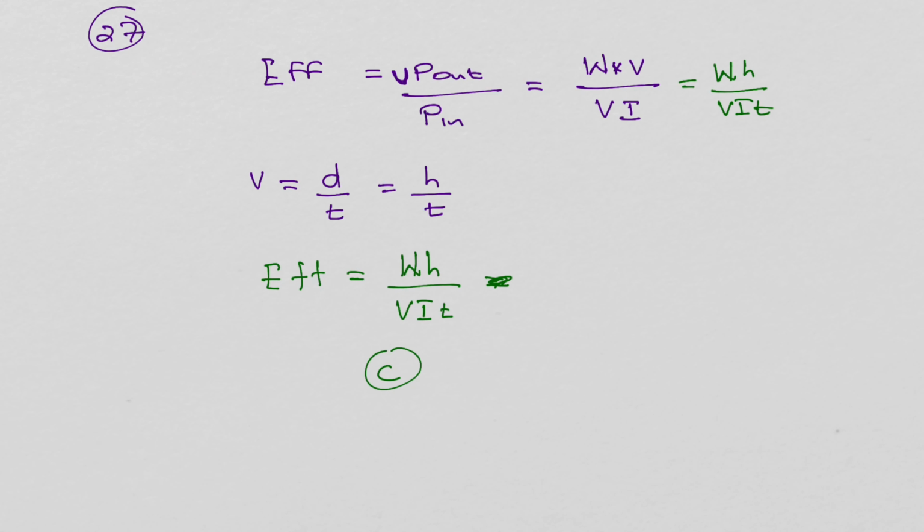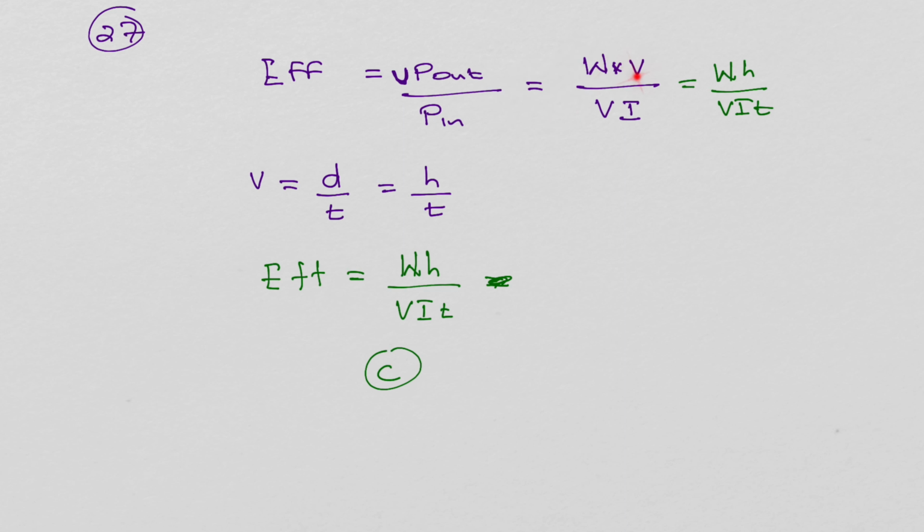27. An electric motor lifts a load of weight W through a vertical height H in time T. The potential difference across the motor is V, and the current through it is I. What is the efficiency of the motor? Well, efficiency is going to be useful power out over power in, and the useful power out will be the